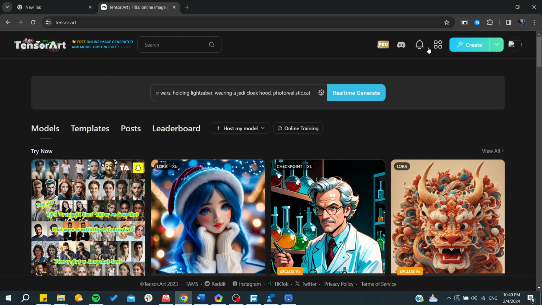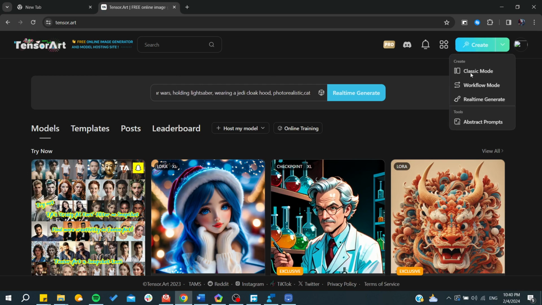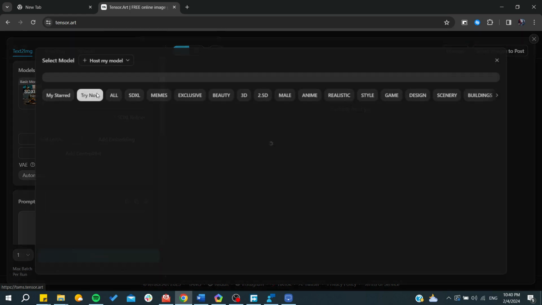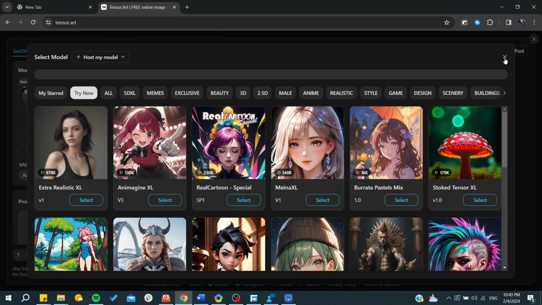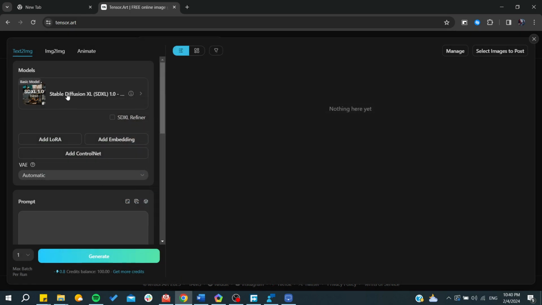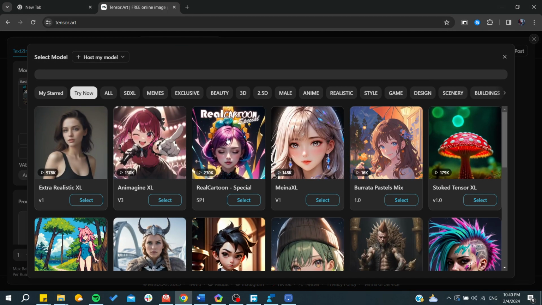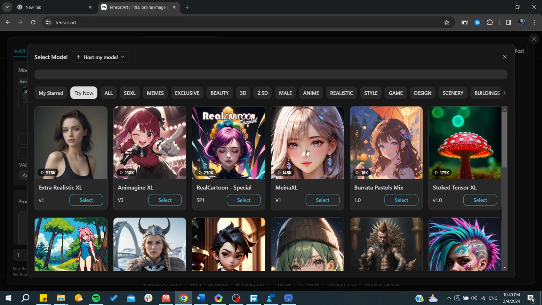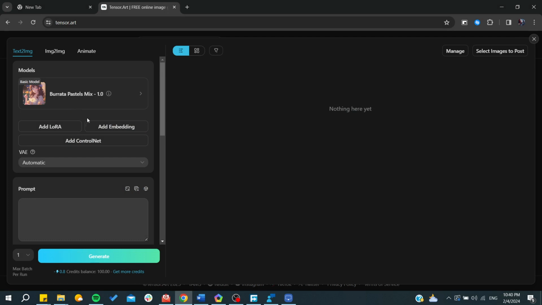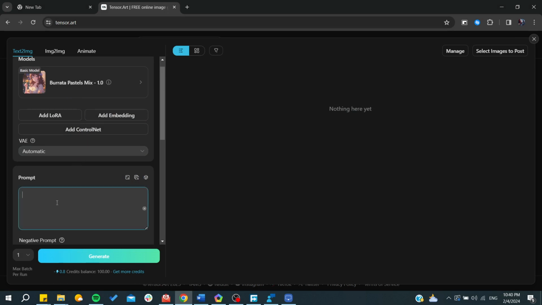images. So basically now we can go just to the classic mode, and here you choose your own model and basically just go for the stable diffusion, which is like the basic model, and there are many other models, for example, to have more results to follow this one or just to resemble this one, or for example this pastel mix, etc. So basically, I'm just going to select this one, and I'm just going to start my